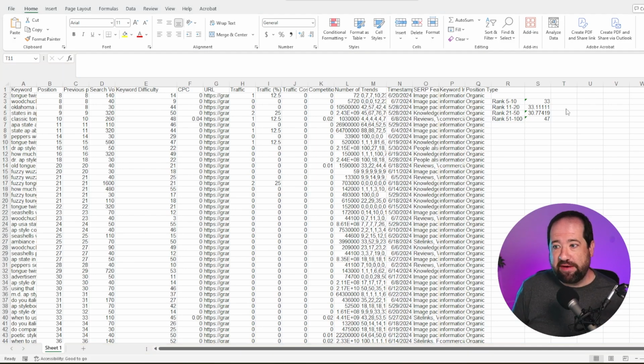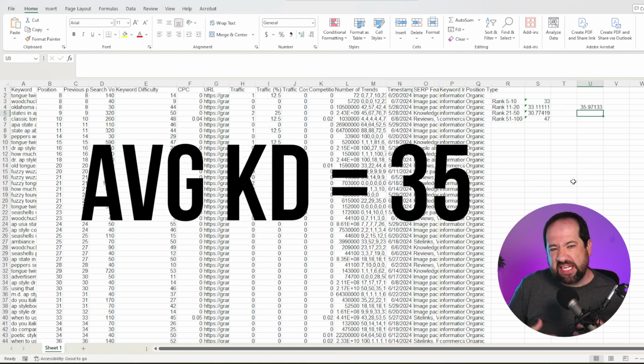So now that I have these averages, I could actually do one more average of those averages to find out for my site what is the average keyword difficulty that I am actually competing with when I actually win keywords. So we'll just go ahead and do that here with another average calculation. Okay, so you can see that on this test website, a keyword difficulty of 35 is kind of where I sit with my keywords.